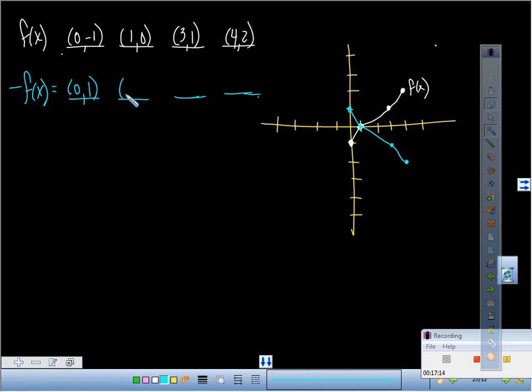All right. What's this one going to be? 1, 0, because you can't take the opposite of 0. What's this one going to be? What's this one going to be? Okay, so what if I did this to it? What if I said,